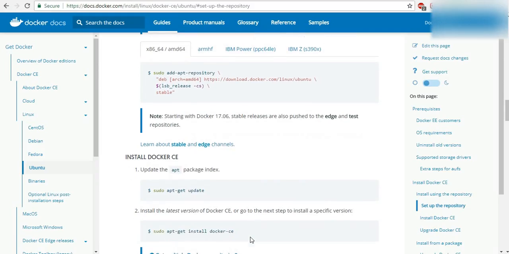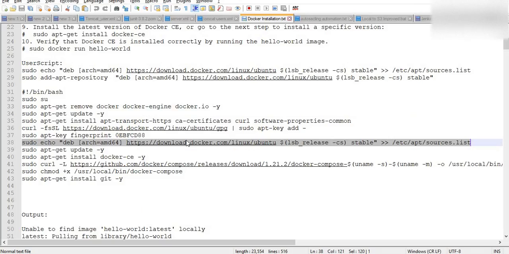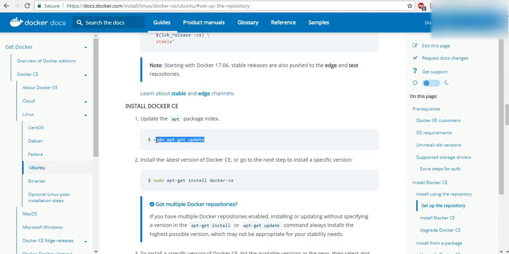So now it says once it is there, run the apt update once again. What is this going to do now? Because this package is not installed on our local, it's going to get the package from that website and give it to us. So that is why whenever you come here, you always run update. So let's now go back to the installation guide and take this once again.